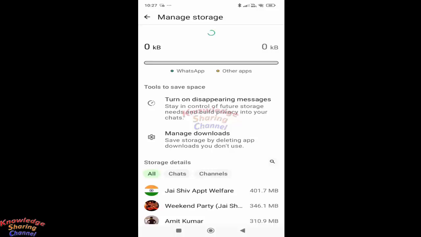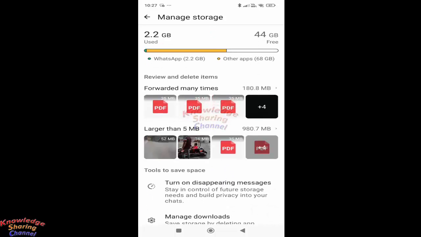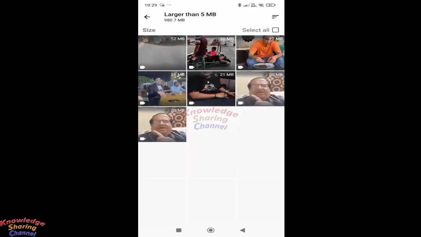Now here it will calculate your storage. Like you can see on my device, WhatsApp is using 2.2 GB. So to find the large files received on WhatsApp, you need to press on larger than 5 MB. Now here it will show all the files which are more than 5 MB, and on the top you will